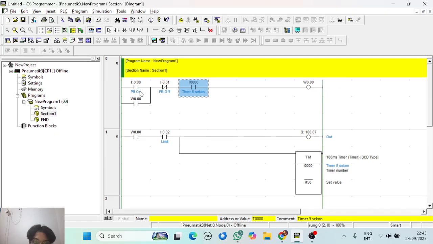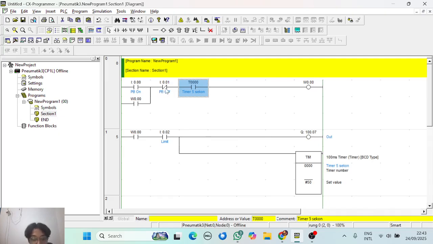When the PB on is off, the circuit is still on because the circuit will take the input from the output of the condition of the relay. To make the system off, we should use a push button off.